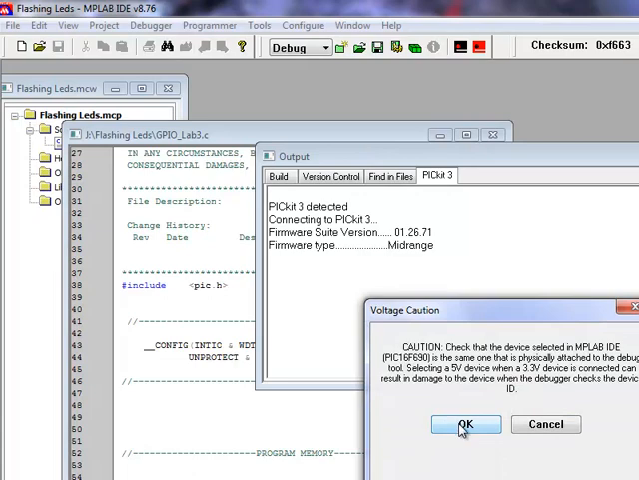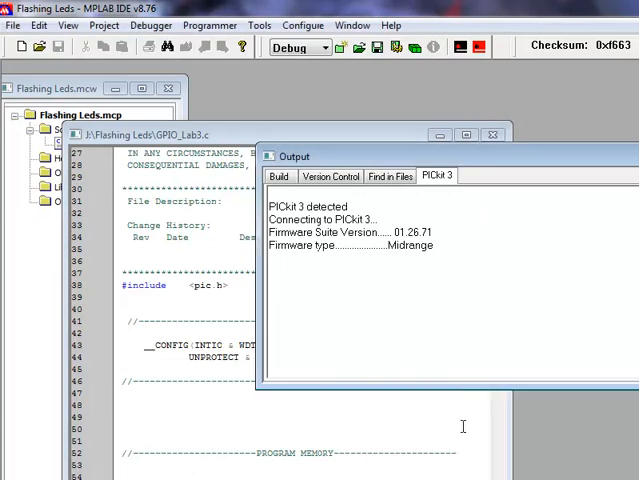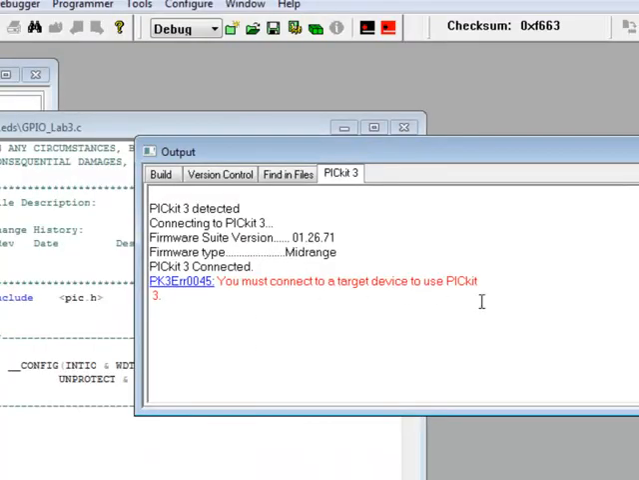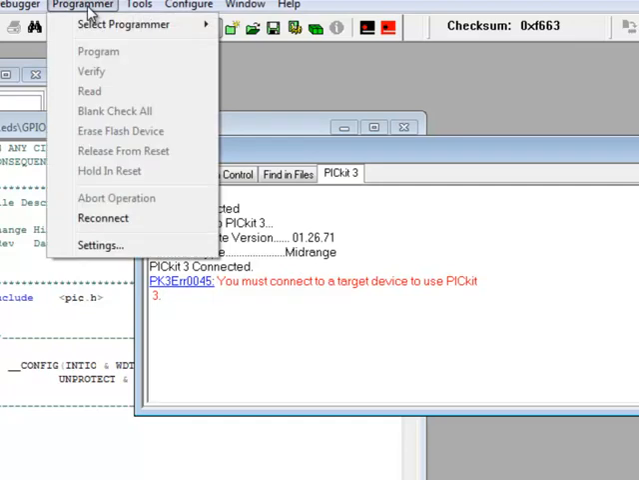It gives me a warning about voltage cautions. It's going to go through. It says it's connected, but I must connect the target device. The reason this error message shows up here is because I have to tell the PICkit 3 to supply the power to the PICDEM board. It's an option that you have. If you have an external power supply on your PICDEM board, you don't have to do this and you wouldn't